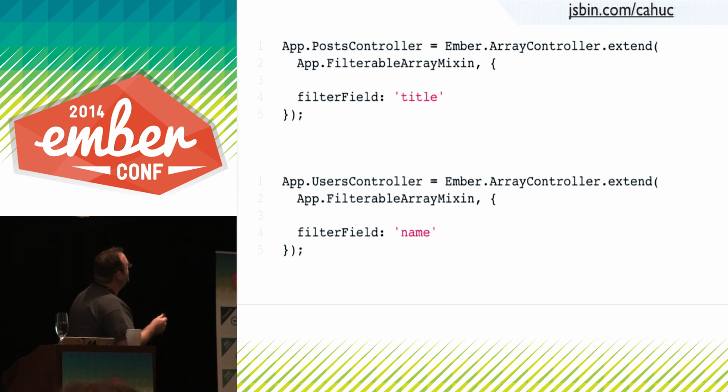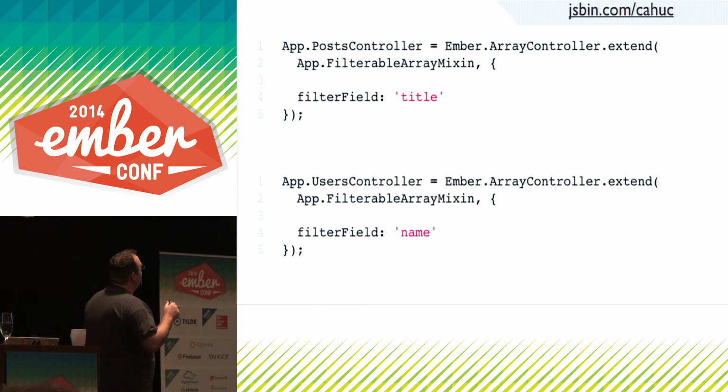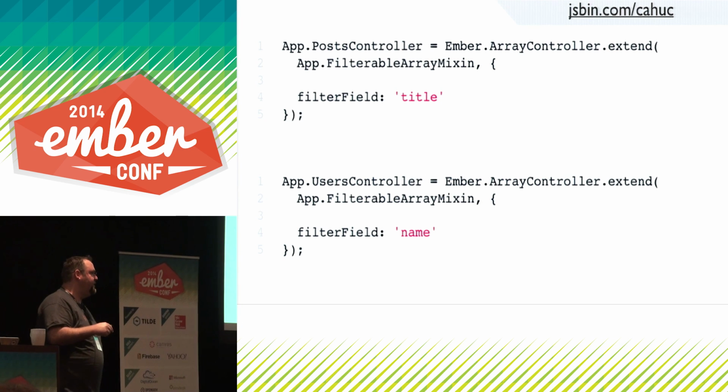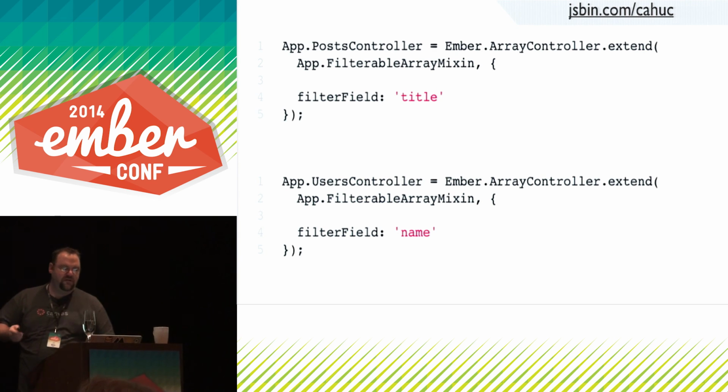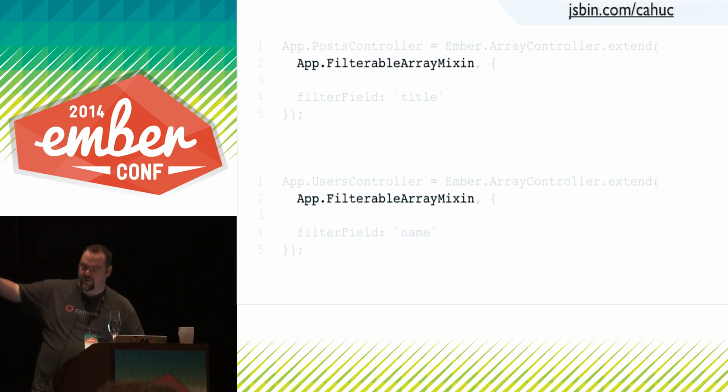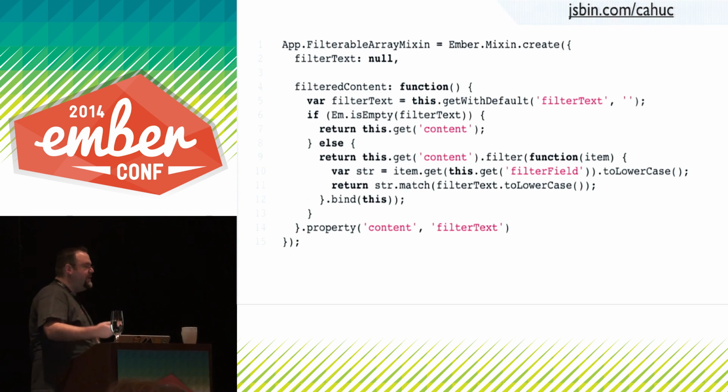So inside the code, if we look at both controllers, we're extending app.filterable array mixin. So, oh, all right, well, we got 2 tests testing one thing. So let's take a look and see. Okay, there, focused. Boom, next slide. So now let's look at